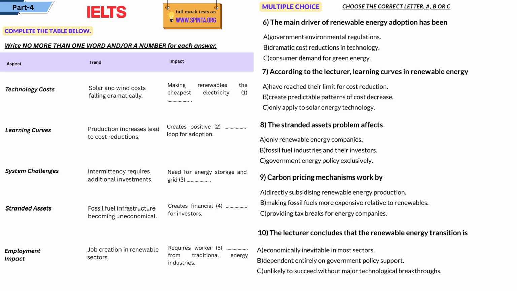International competitiveness concerns create complex policy challenges. Countries worry that aggressive climate policies might disadvantage their industries if other nations don't implement similar measures. This has led to discussions about carbon border adjustments and trade measures to protect domestic industries, making the transition to cleaner technologies. Looking ahead, the renewable energy transition appears economically inevitable in most sectors, driven by continued cost reductions and